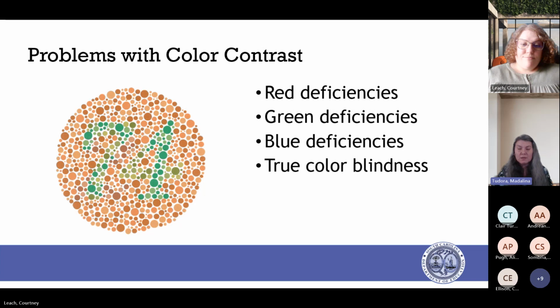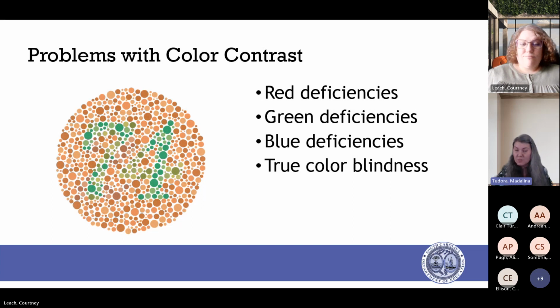children, they may or may not even be aware that that's an issue. As far as they're concerned, that's how everybody perceives colors, right? If they've never experienced the color red as red, they don't know that other people see it differently than they do. So when you use color, keep that in mind.